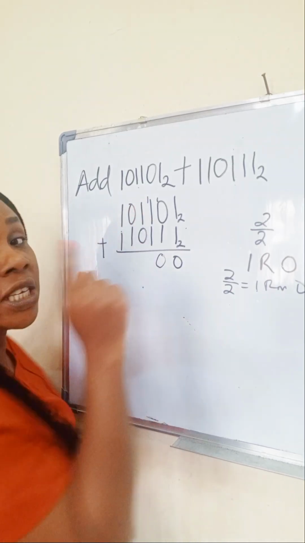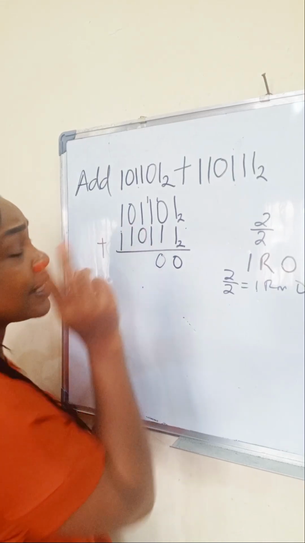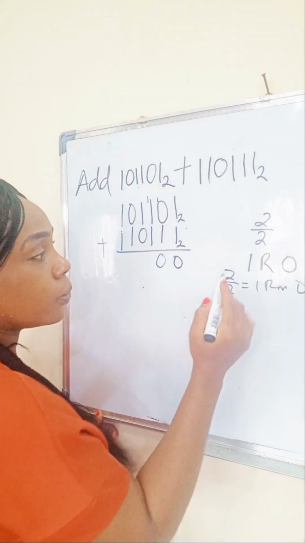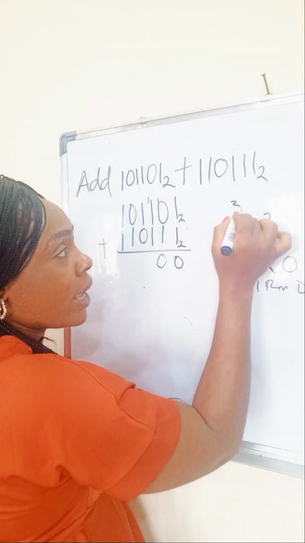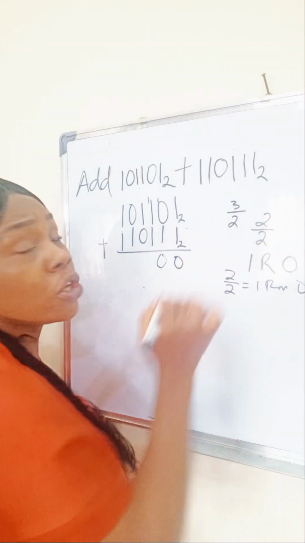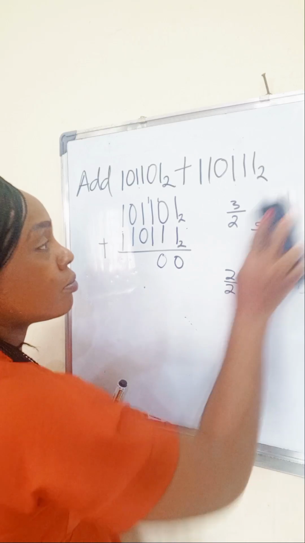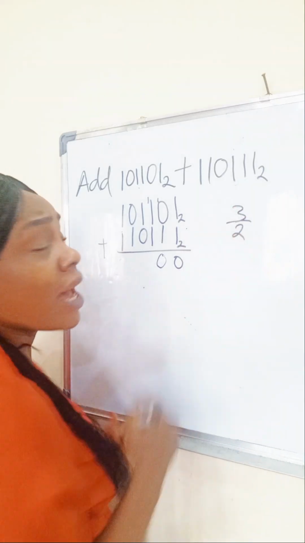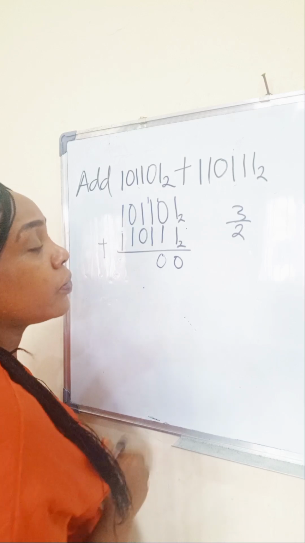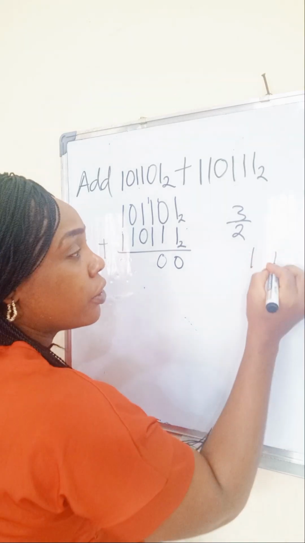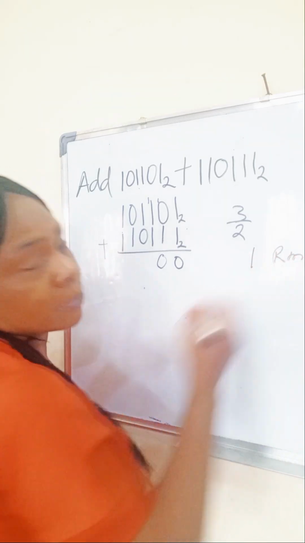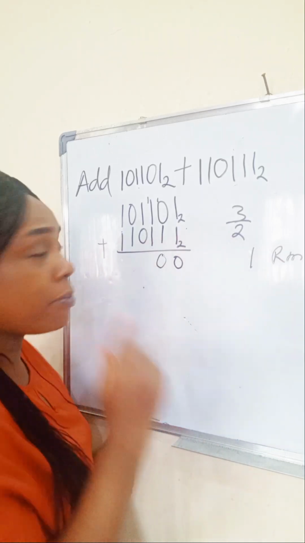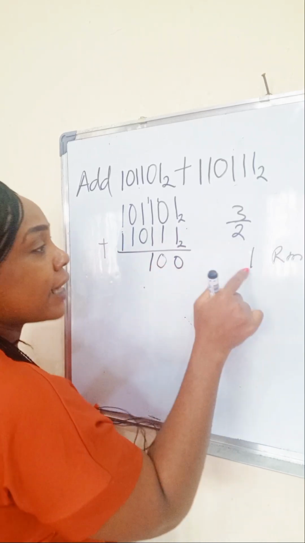Okay? Now we have 1. 1 plus 1 is 2. 2 plus 1 is 3. We have 3, but we cannot write down 3. What do we do? We write down 3 somewhere here and divide it by 2. Okay? 3 divided by 2 is what? 3 divided by 2 is 1, remainder 1. So we are going to write down the remainder, which is 1 here, and carry